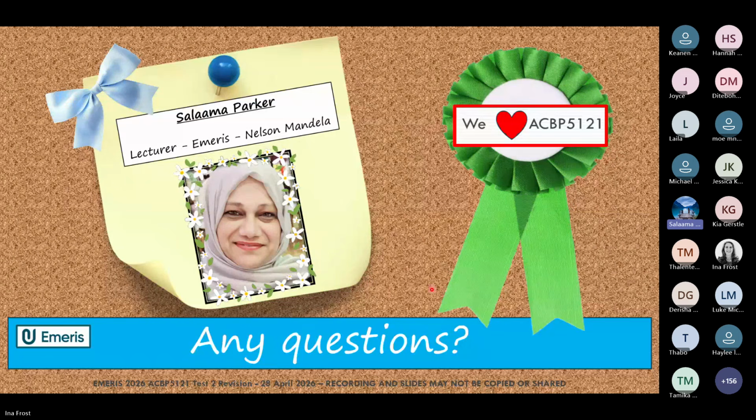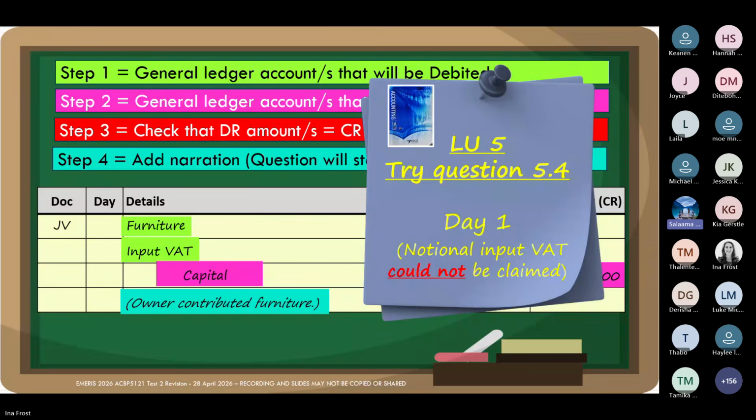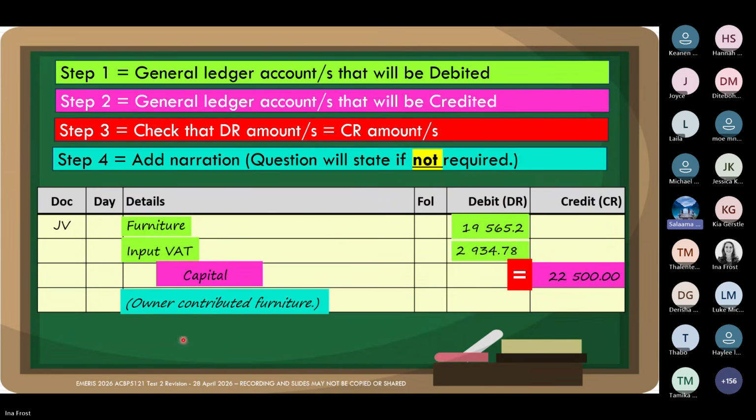We just had a student wanting to know how you calculated the input VAT. I just told the student you will take the inclusive subtracted from the exclusive, or we could just calculate it on the exclusive amount or on the inclusive amount. And then what you divide by what you have to get to that 294.78.